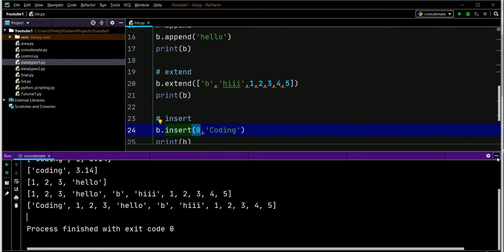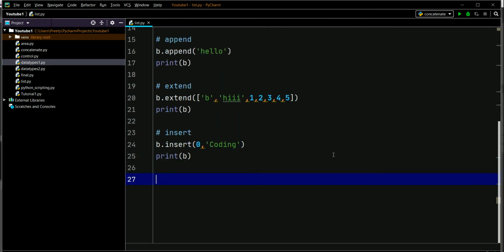Hope you have understood. So now we'll be discussing pop. Pop is generally used to delete elements from a list. So let's say we want to delete what we have inserted very recently, that is coding. How will we do that? We'll say b dot pop and give the index value at which coding exists.